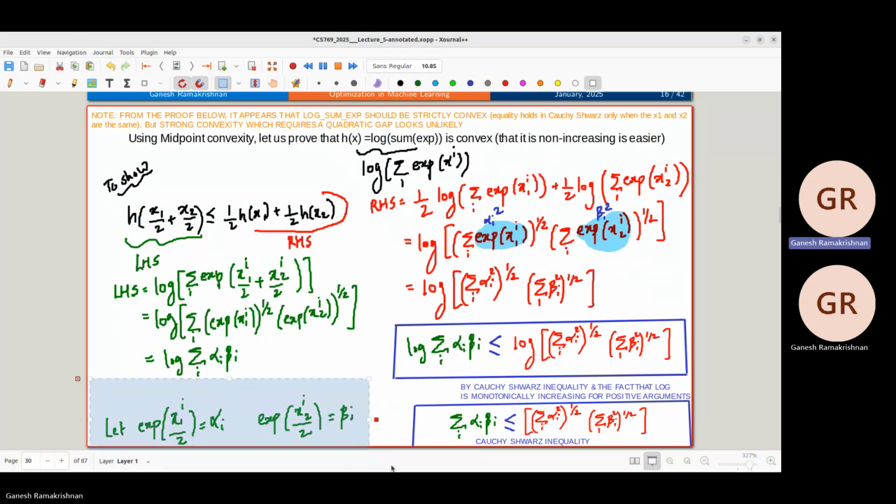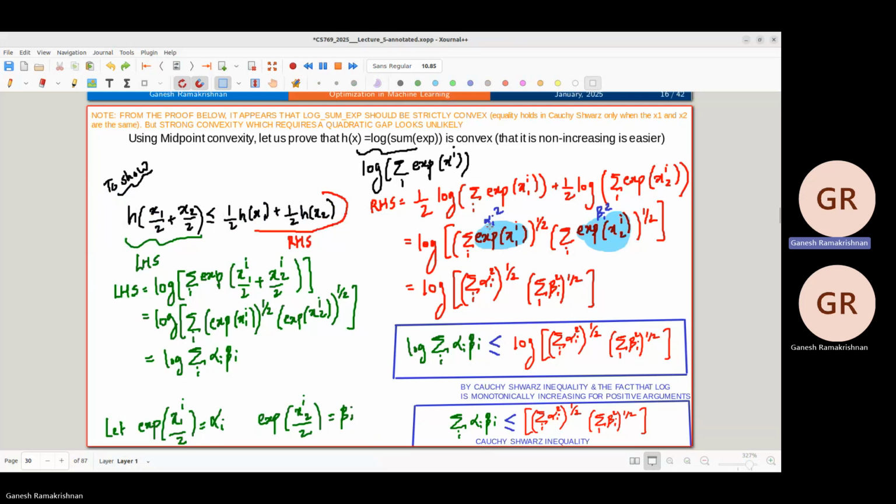Okay. With this simplification, this is my LHS. My LHS is basically log of the sum of the exps. On the right hand side, I want to show that half of h x1 plus half of h x2, which is the right hand side, is greater than or equal to the left hand side. So I'm going to now expand the right hand side. Half of log of sum of exp x1 i plus half of log of summation over i of exp x2 i. So now if I expand, right, the sum over the i's of exp,